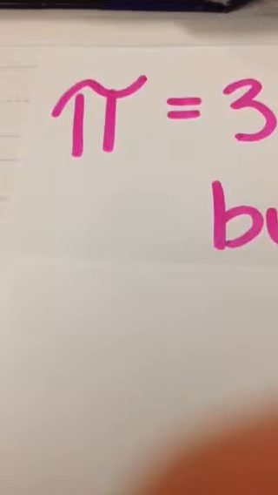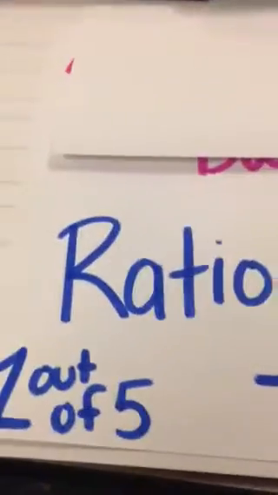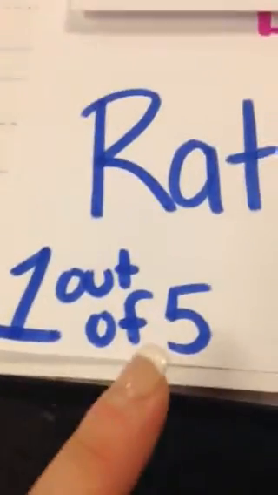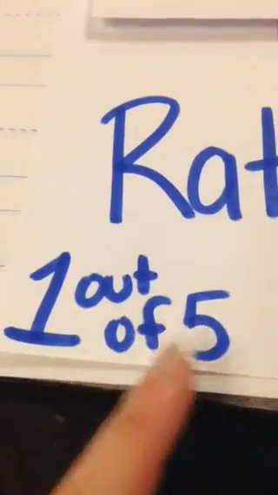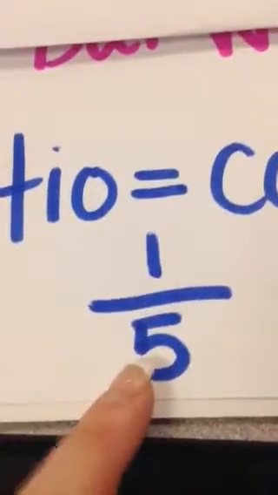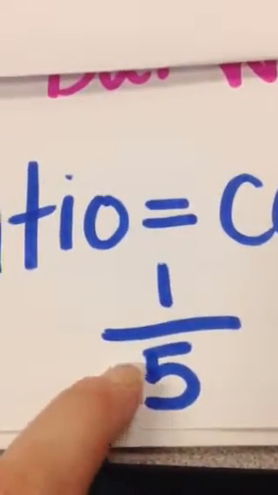All right, the first thing you need to know about pi is it means a ratio. And a ratio is simply a comparison. It's when you compare things. So look here, I've written out different examples of how to write a ratio. I'm comparing things. So if 1 out of every 5 people like pizza, we could write that as 1 out of 5. Or 1 out of 5 would be 1 out of 5 total people, so we could write it as a fraction, 1/5. And you know every fraction is